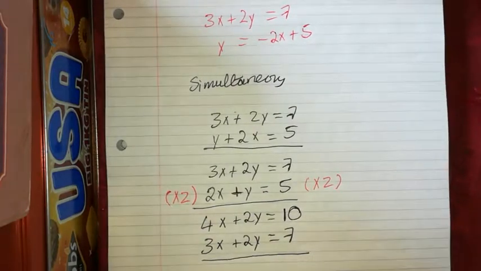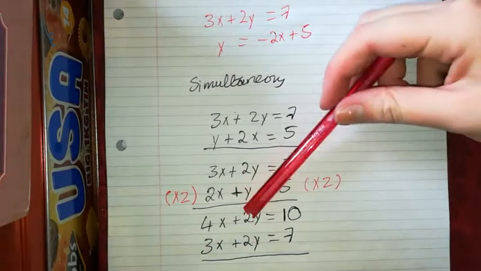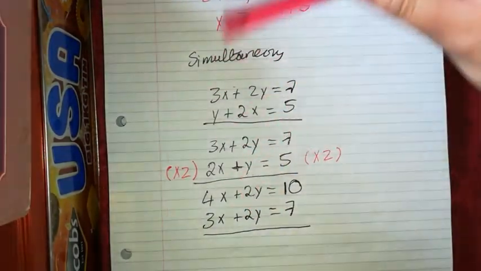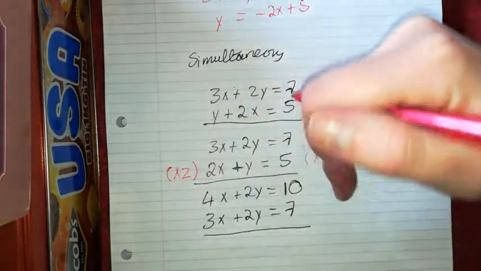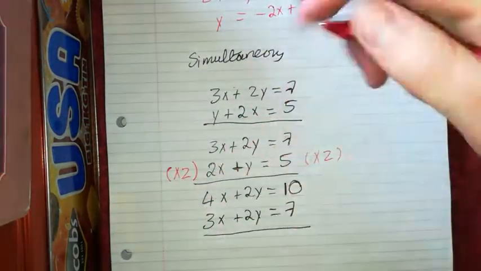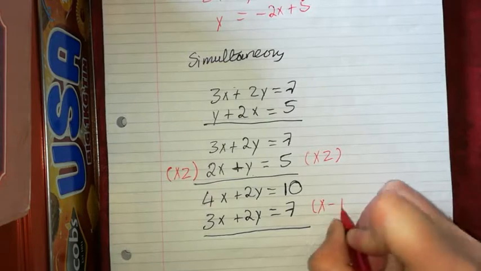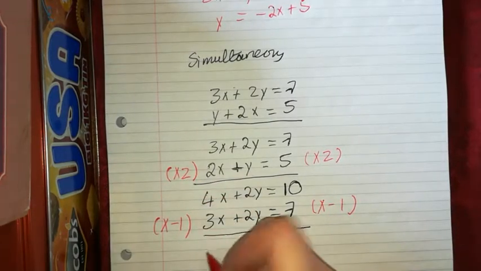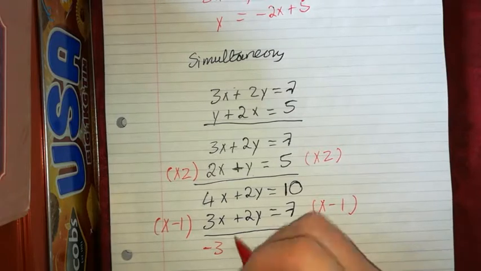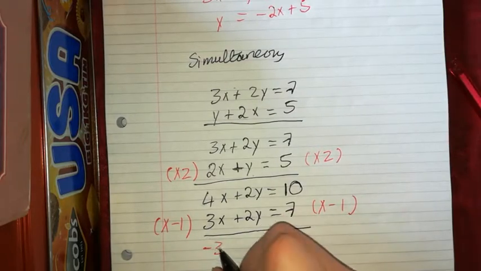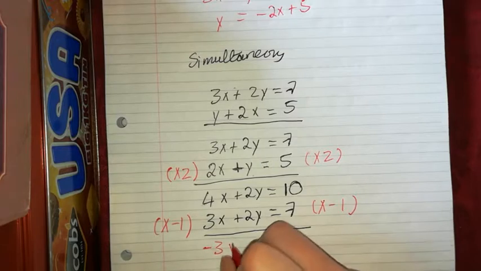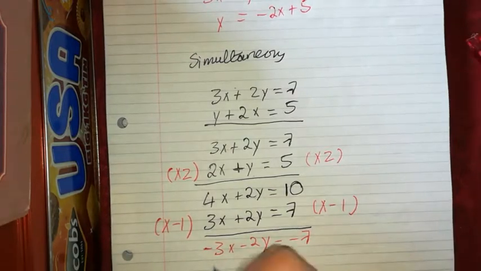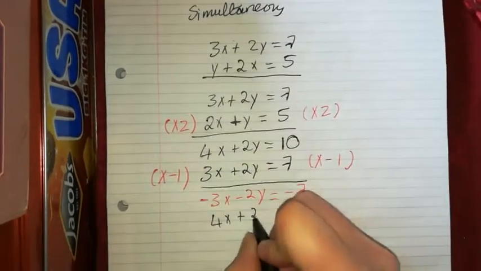So now what I have to do is, they won't cancel as they are. 2y plus 2y will give me 4y, so I have to have a minus in front of one of them. In order to do that, I'm going to have to multiply both sides of either one by minus 1, so I think I'll pick this one. So multiply by minus 1, so that'll be minus 3. So I'll just write down minus 3x minus 2y is equal to minus 7, and then 4x plus 2y is